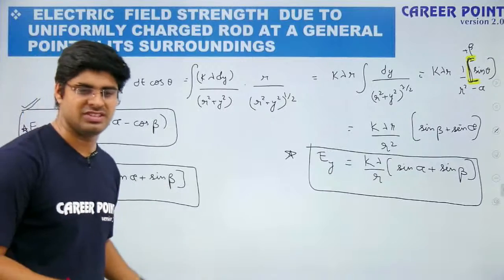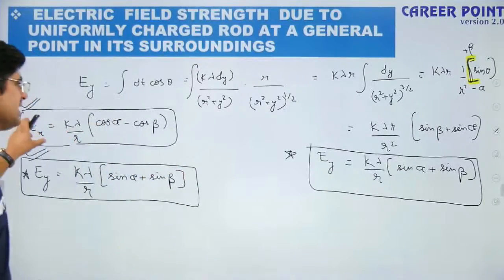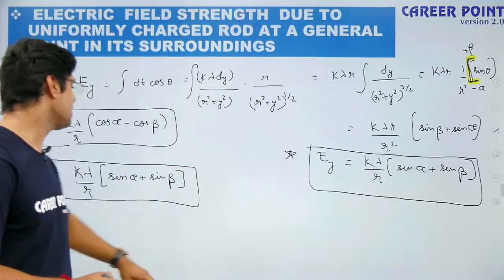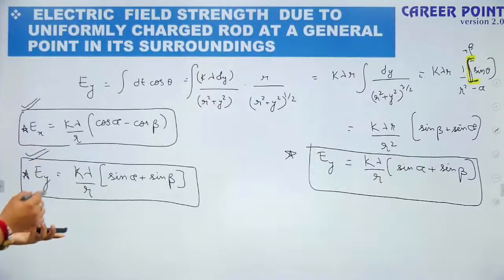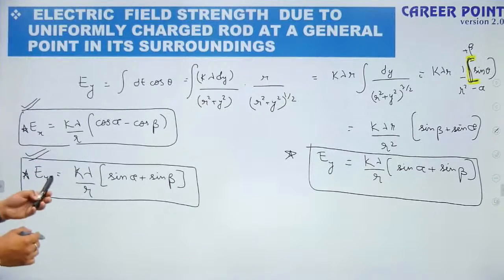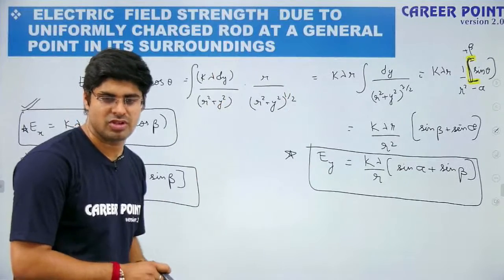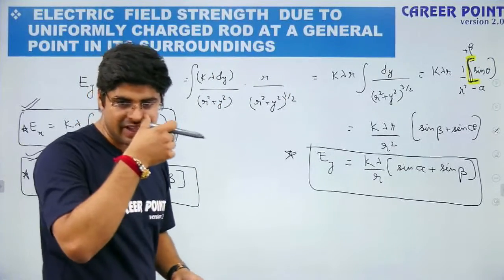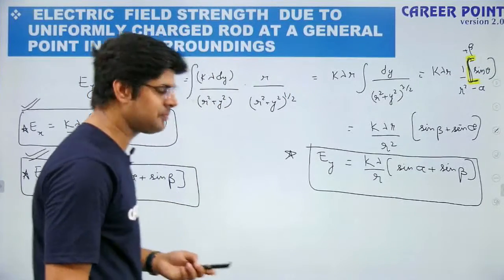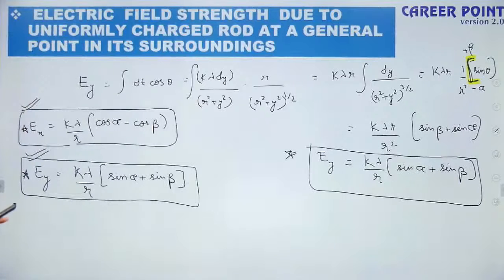I hope no confusion is there in case of finding electric field in horizontal direction or electric field in y direction due to a positively charged rod at a random point. Okay, okay Malay, I hope you understood if you are studying here. Next,